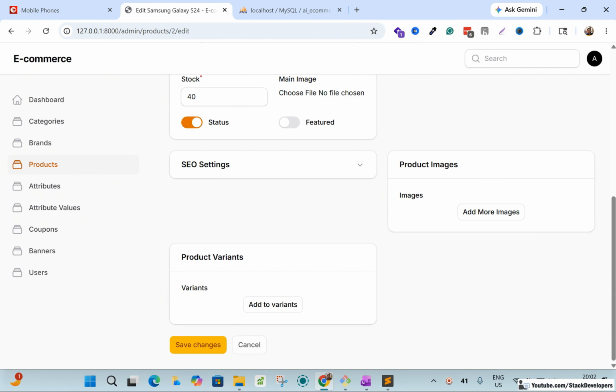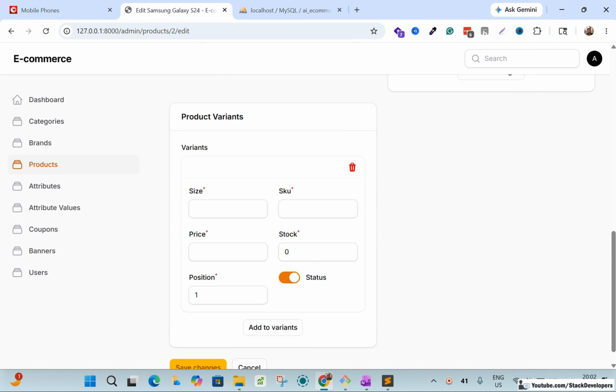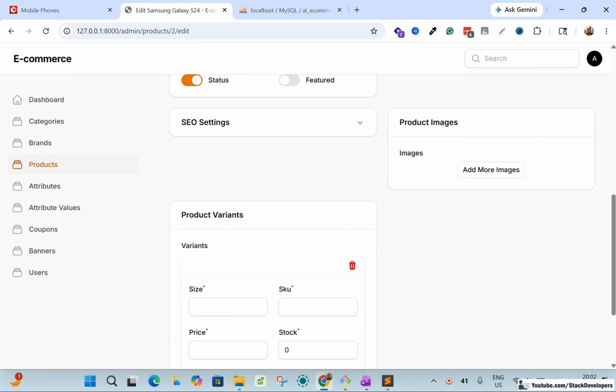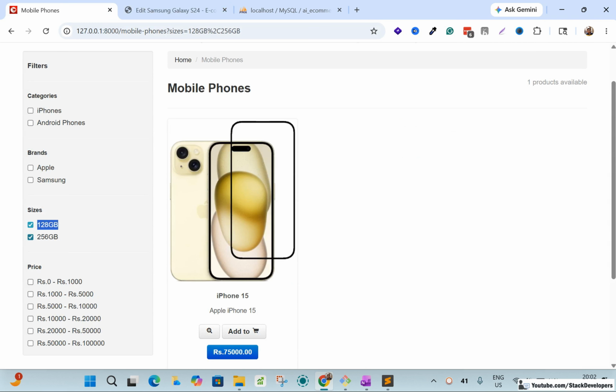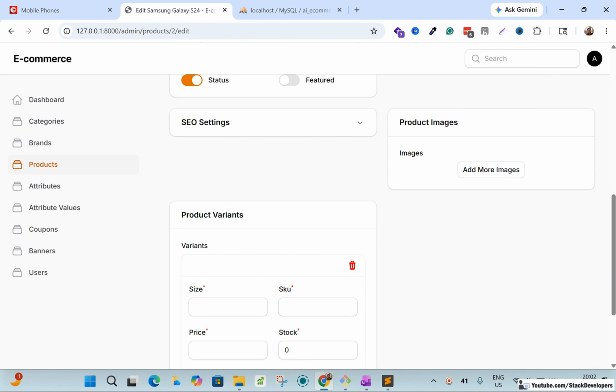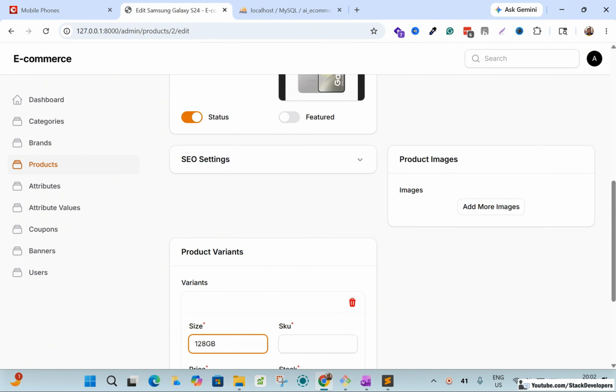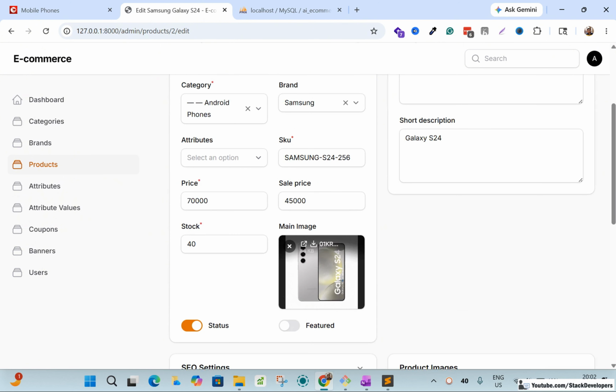I'm going to check for its variants. See, we have not added any variants so far for this product, so we are required to add the variants for this product in which we are going to add the sizes. Here you can see the size, we are going to add these two sizes, 128 GB and 256 GB. Okay, for 128 GB we will give a similar SKU. Here we are going to give this SKU, and